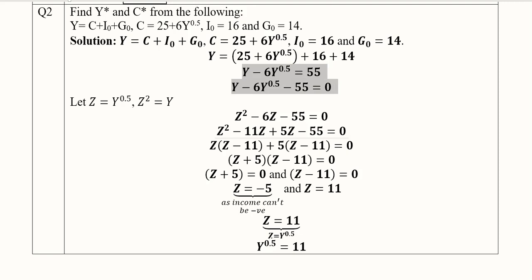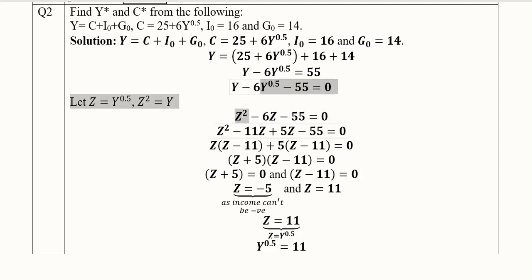However, we do not have a usual equation here. It's a kind of equation that has a fraction in its power. So we can assume it equal to some other value which will make it a quadratic equation. For example, in place of y^0.5 we can assume another variable, for example z, and here automatically in place of power 1 there will be another variable z, but with a power of 2. So considering these two equalities, we can substitute, and using these auxiliary variables, that is z and z square, we